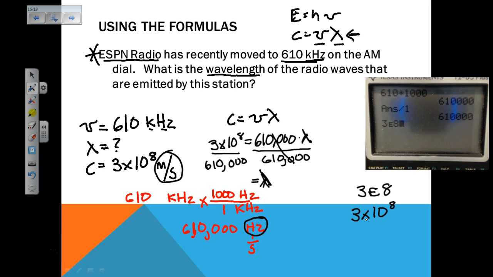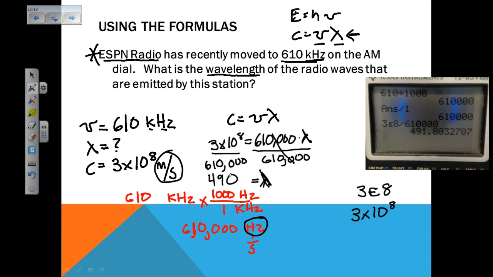Now, when we write our answers, well, I'll show you in later problems. So that's why I wrote that, because that represents scientific notation, and that's how we do that in the calculator. So now I'm going to divide that by 610. And now our answer is, our wavelength is